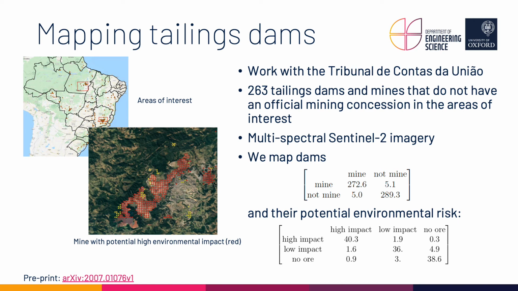You may remember from last year the collapse of the iron ore tailings dam in Brumadinho, Brazil. This dam collapse claimed 248 lives and, unfortunately, was not a unique event. Just over 2 tailings dam collapses occur on average worldwide every year. Many of the Brazilian dams are not known by the Brazilian authorities. We've been working with the Brazilian National Audit Office to map tailings dams in 2 areas of interest in Brazil, covering in total